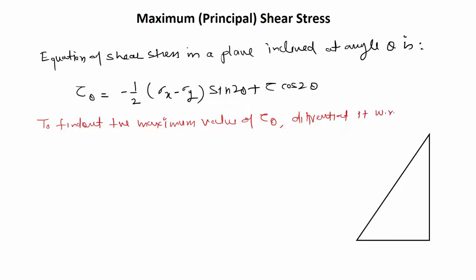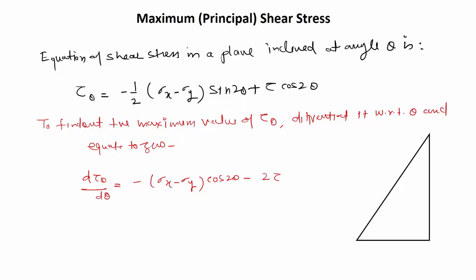On differentiation we'll have d tau theta over d theta is equal to minus (sigma x minus sigma y) cos 2 theta minus 2 tau sin 2 theta is equal to 0. If we solve this, we'll have tan 2 theta